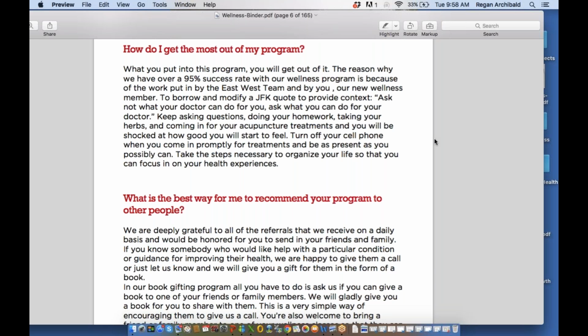All right. So when you're talking to patients, how do they get the most out of their program? Whatever you put into it, that's what you get out of it. We tell people they can't write out a check and expect to get healthy just because they paid us. But there are some people, and you'll find that they've got this entitlement attitude that's pretty interesting. We have very few refunds. We're less than 3% on refunds, but when the refunds do come, it's because somebody doesn't do their